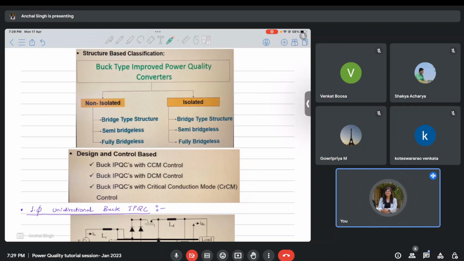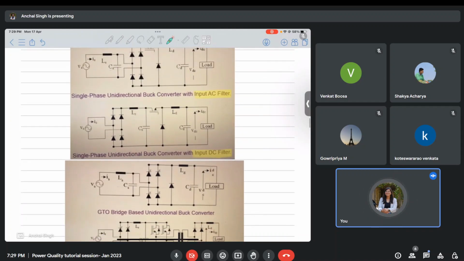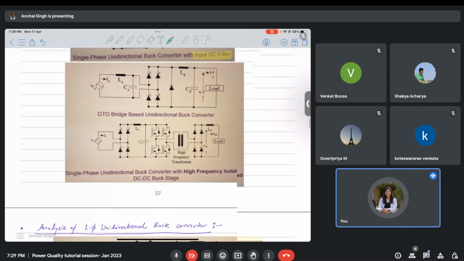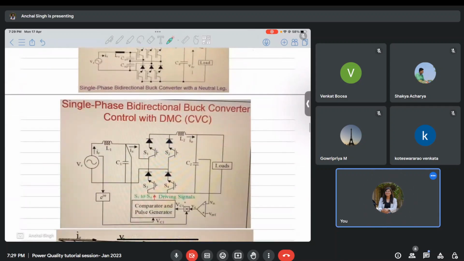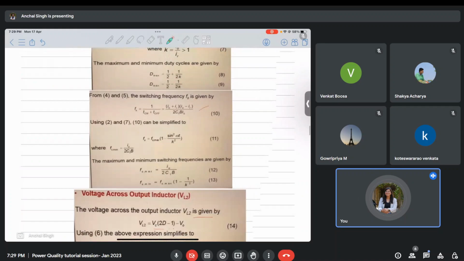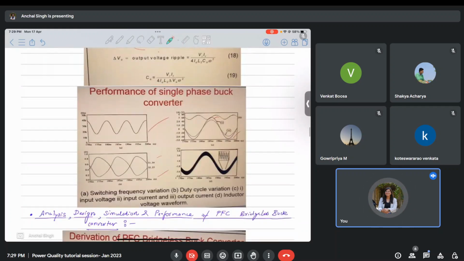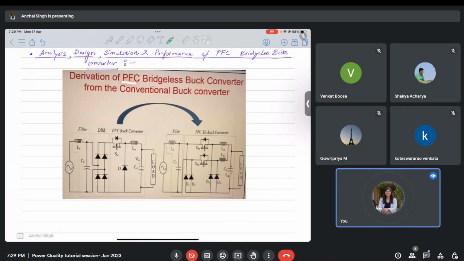Again, we had discussed the similar for the boost converter. And again, there are a lot of topologies available with different types of filters. So these are bridged configurations. Then again, bridgeless configurations will come for these, and then you will do the same analysis for these converters as well. The control algorithms used are almost identical for all the converters. The only difference is in the topology and the switching action. This is the PFC bridgeless PFC buck converter. So here in this topology, the bridge was present. In this topology, the bridge is absent. Okay, so now in this topology, we don't need a separate bridge.